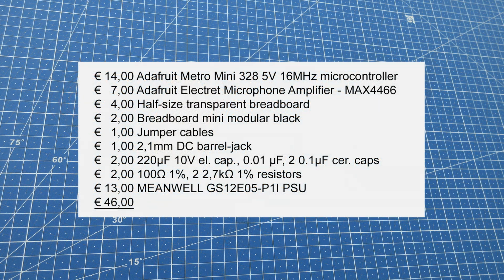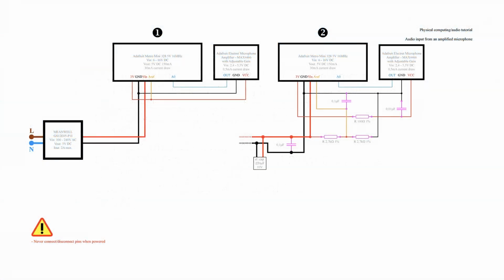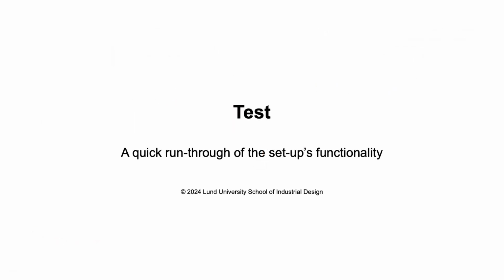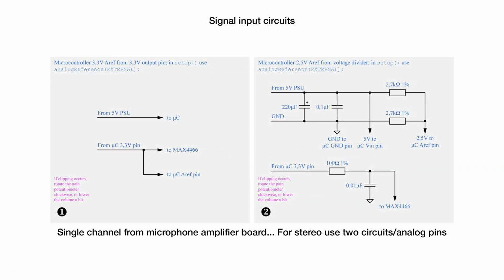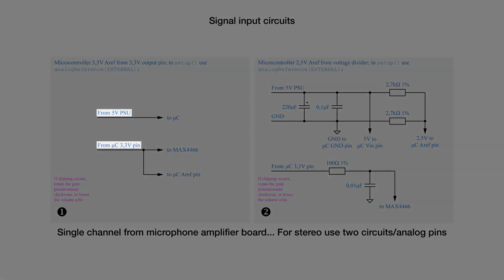You'll need the specified components, but you can find cheaper substitutes online. The wiring of the two setups is very straightforward. So, let's look at the different options. In the standard setup, we power the microcontroller from a 5V PSU and the microphone amplifier board from the microcontroller's